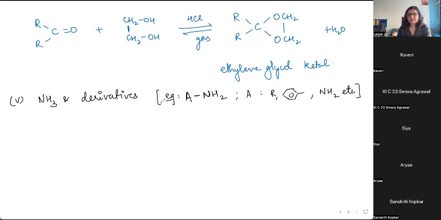Okay. So for any class of compounds of this form, if A is hydrogen, you end up getting ammonia. But if A is not hydrogen, if it is something else, you end up getting this class of compounds. So aldehydes or ketones, when they react with ANH2,